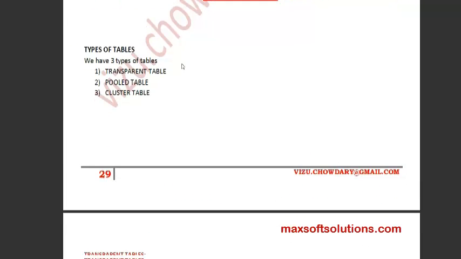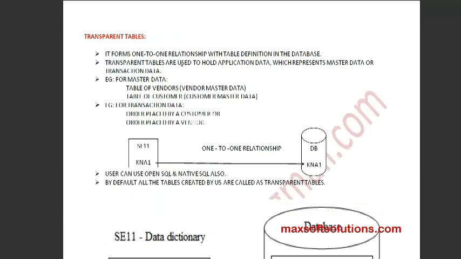Transparent table means, in R3 architecture we will be having three layers: database layer, application layer, and presentation layer. All the transaction codes will be maintained in the application layer. If you want to do anything, you will be doing it in the application layer only. There the execution, compilation, interpretation, everything takes place. The database layer is used only for data storage, whereas in the presentation layer we give the input and get the output. So I hope you know this concept. Okay.